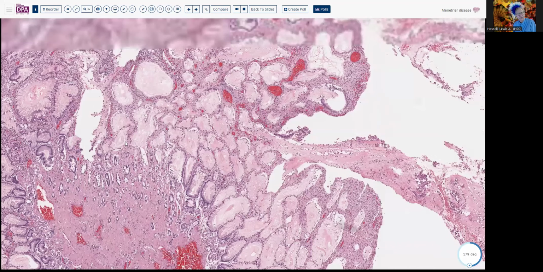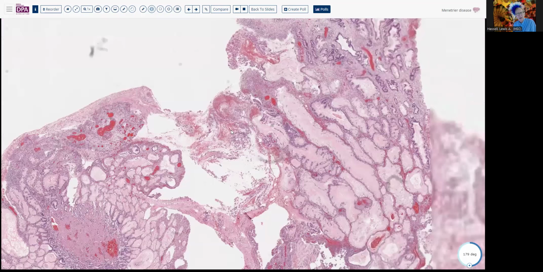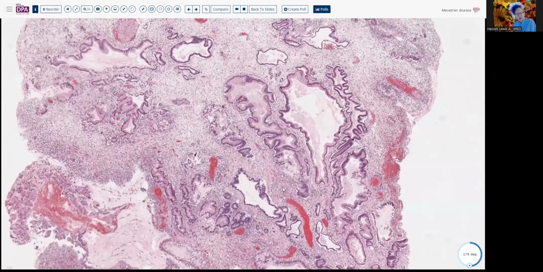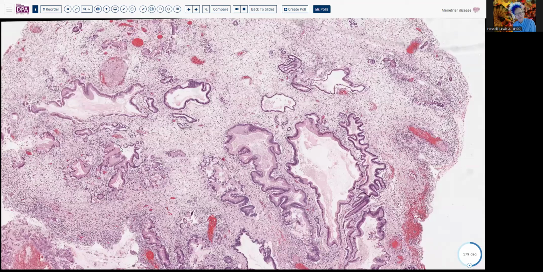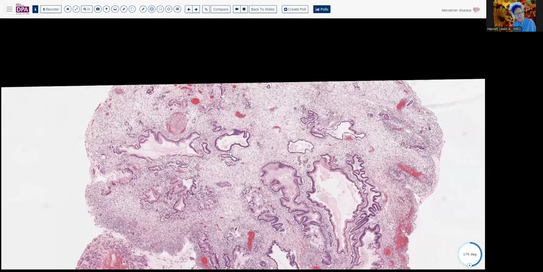And here again, you can see this smooth muscle caught up into this area. Now, I think the other interesting thing to look at here is the overlap. If we had an area like this, for example, and our biopsy was just very, very superficial, we might think that this was an inflammatory polyp or maybe a juvenile polyp potentially with cystic dilated glands and edematous stroma and so forth. But in fact, this is just sort of an inflammatory type reaction associated with the Menetrier's disease,